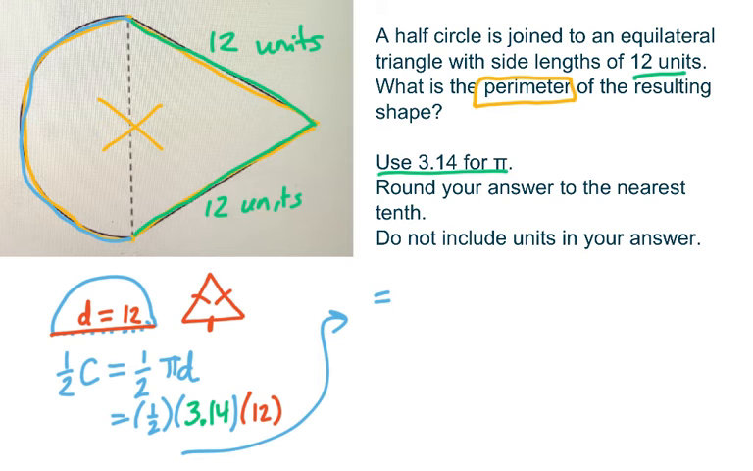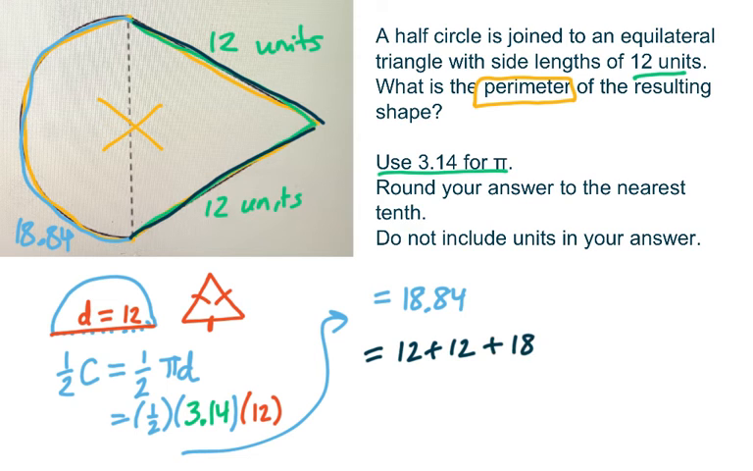And when I do that, I get 18.84. So 18.84, that's the distance around sort of the ice cream part of this ice cream cone, if you will. I'm not quite done though, because I need to make sure that I add those two lengths that I identified at the beginning, the ones that are 12 and 12. So my total is going to be 12 plus 12 plus 18.84. And when I add those all together, it gives me